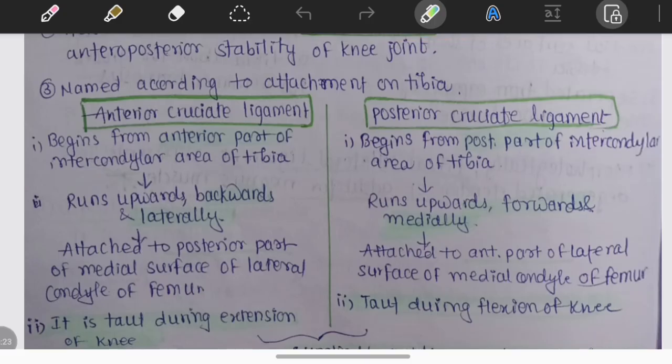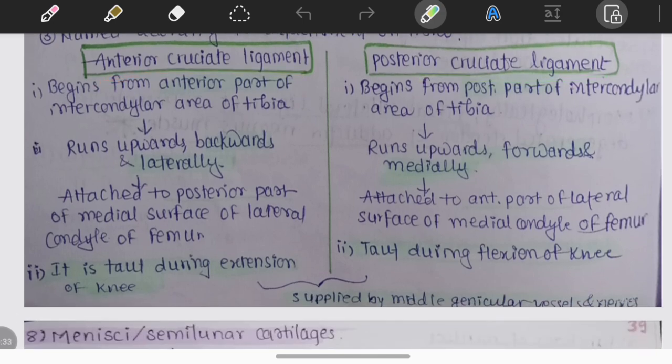Next, they are named according to the attachment on the tibia: anterior cruciate ligament and posterior cruciate ligament. The anterior cruciate ligament begins from the anterior part of the intercondylar area of the tibia and runs upwards, backwards and laterally, attached to the posterior part of the medial surface of the lateral condyle of the femur, and it is taut during extension